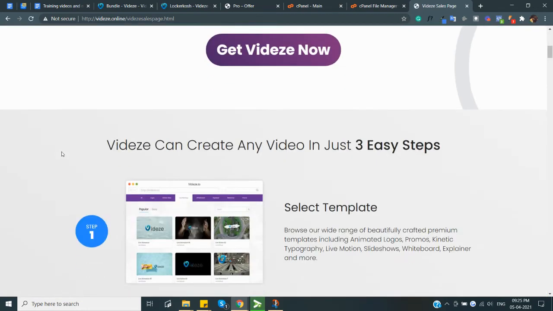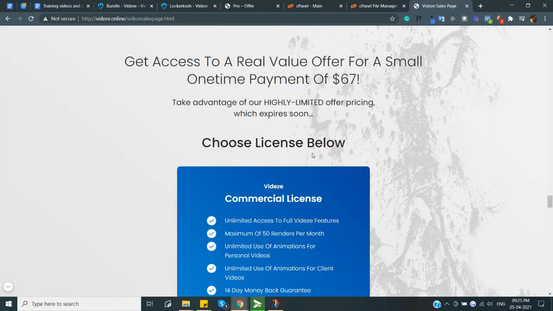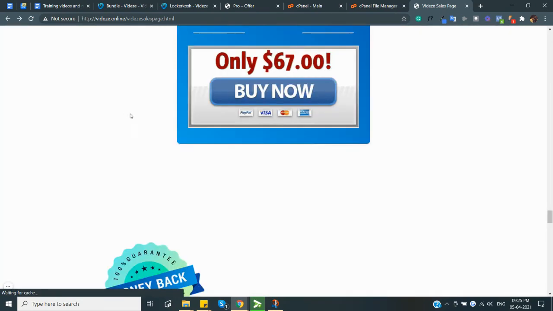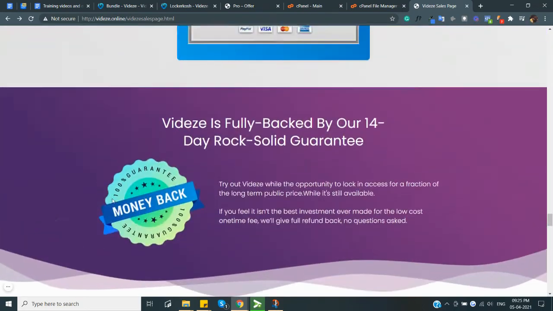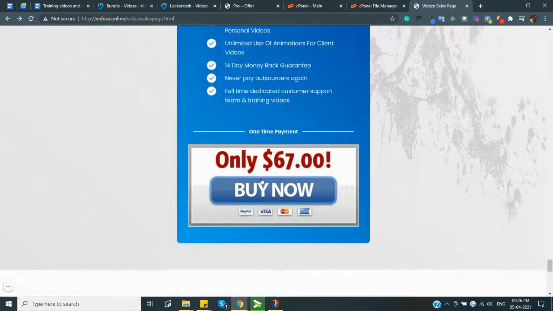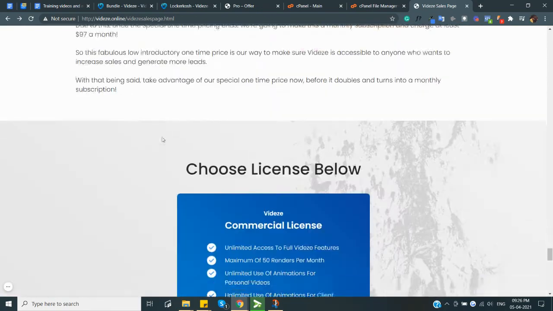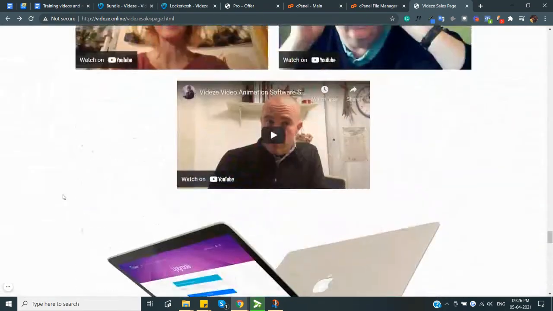Awesome. Can you see that? The page is completely live and it's on your own custom domain. So you don't have to worry about getting banned from Facebook for using your affiliate link. And this is not the complete page, so the buy buttons are not working, but in your case, it will work absolutely fine. And yeah, this is a copy of the page that you are trying to promote.